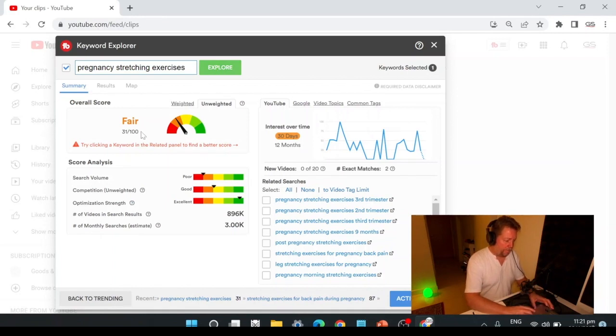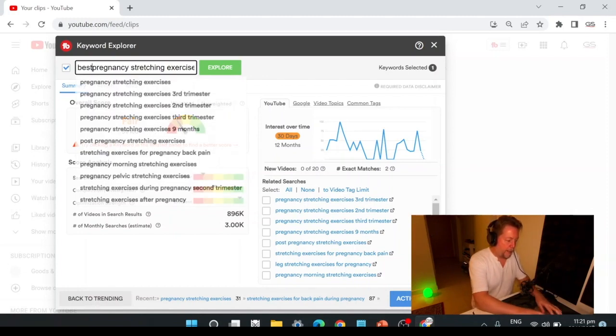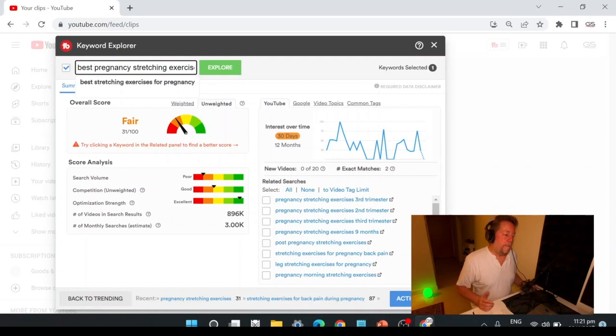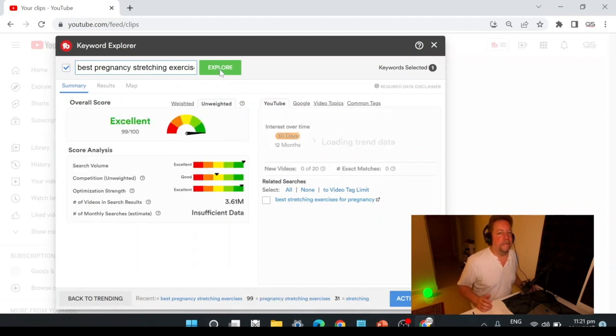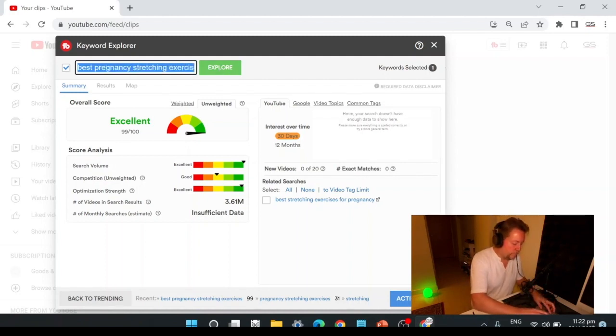Okay, so it's only a 31, but we've already got our primary phrase, but I would like to do better optimization somehow. So I'm going to take this phrase and add best pregnancy stretching exercises and see if this ranks higher than 31. 99. I didn't plan that. Okay, so that's the second part of our title.